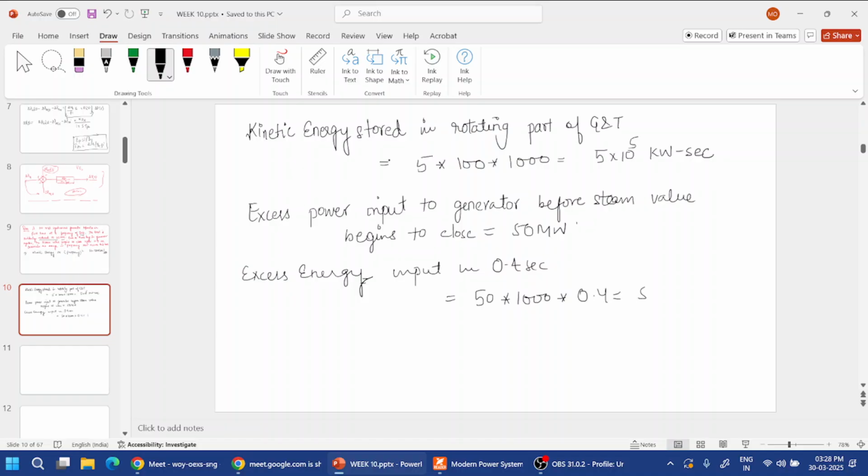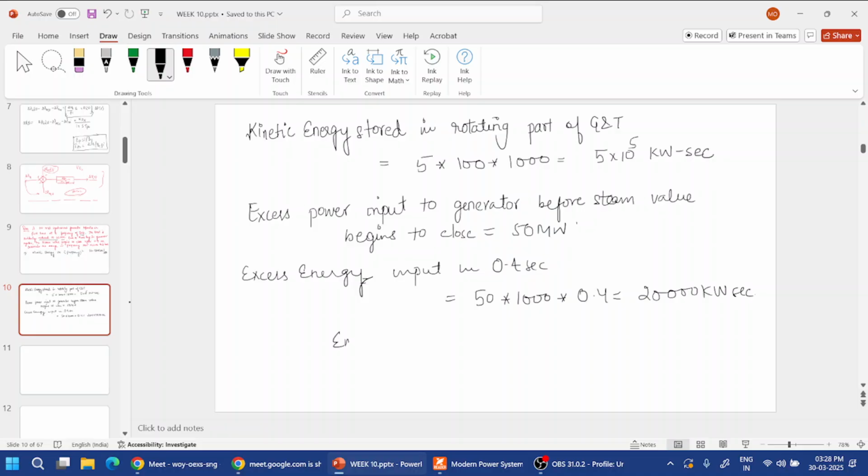So it will be how much? 2000 kilowatt second. As we know that stored kinetic energy is directly proportional to the frequency square,